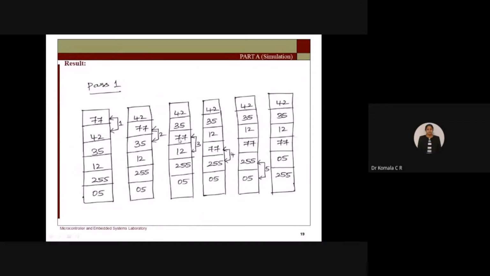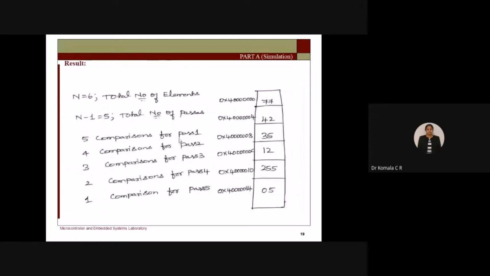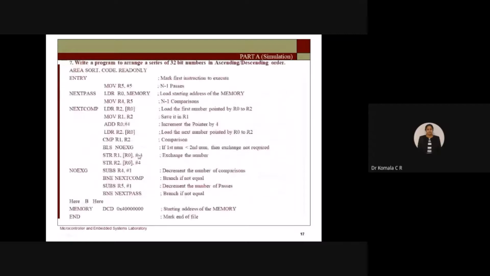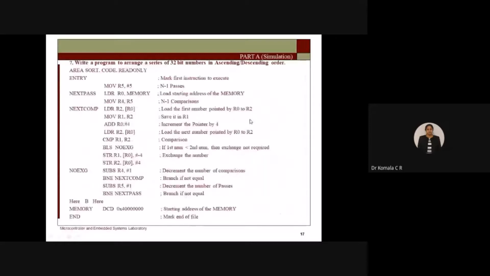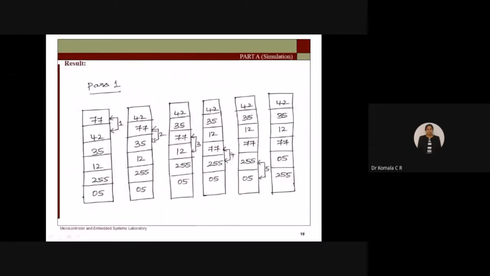As soon as I finish, what am I doing parallelly? I am going to decrement the pointer by 4. Minus 4 means that as soon as I finish storing here, I'll go back to the previous cell. So what have I done now? I have stored 77 and come back to the previous cell. Here I want to store 35. Where is my 35? I will do that in the next step.